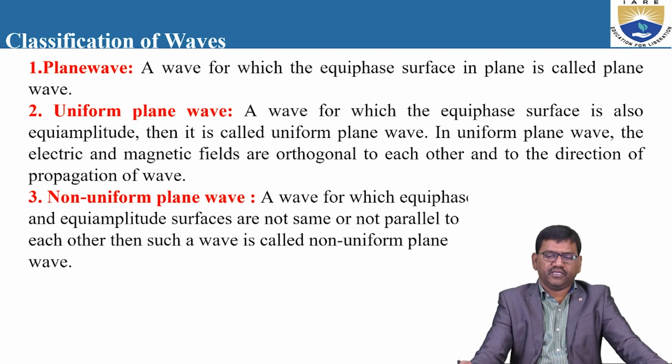The next one is the uniform plane wave. A wave for which the equiphase surface is also equi-amplitude is called a uniform plane wave. Next, a non-uniform plane wave. A wave for which the phase and the amplitude are not the same, or not parallel to each other, is known as a non-uniform plane wave. So if we have equal phase and equal amplitude, we call it a uniform plane wave, and if it has non-equiphase and unequal amplitude, we call it a non-uniform